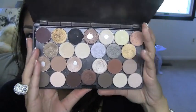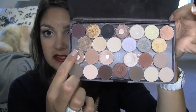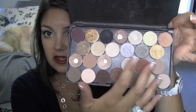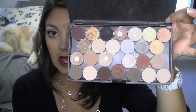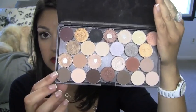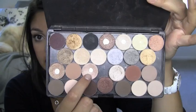So these are most of my neutrals. Obviously I like them because they're neutrals and I can wear them every day, but these colors are all my all over lid colors. Obviously the darker colors go on my crease. Out of this palette, my favorite colors would have to be Naked Lunch. Absolutely love Naked Lunch. It's a great neutral. Same goes for